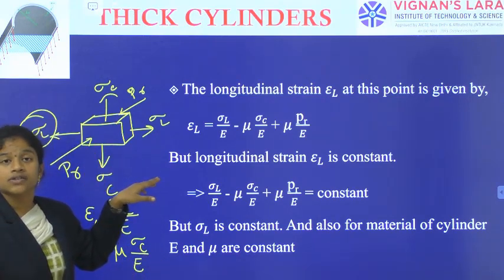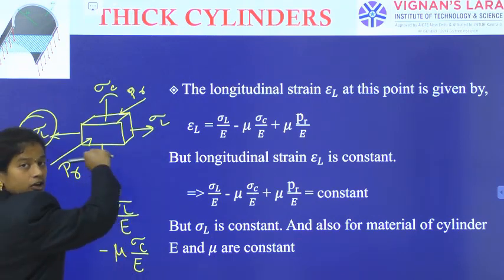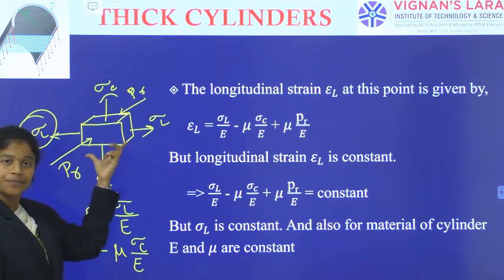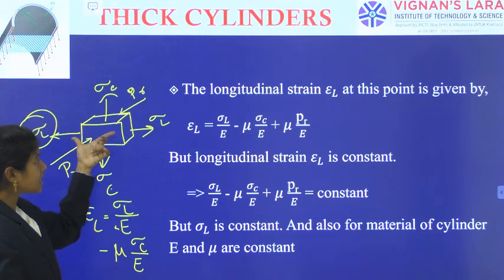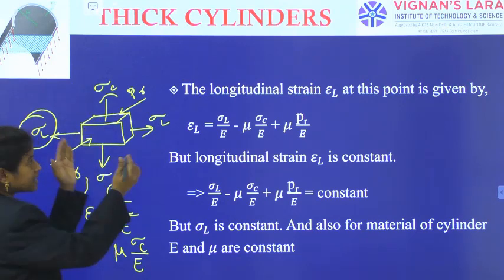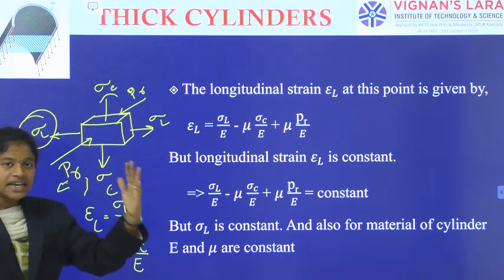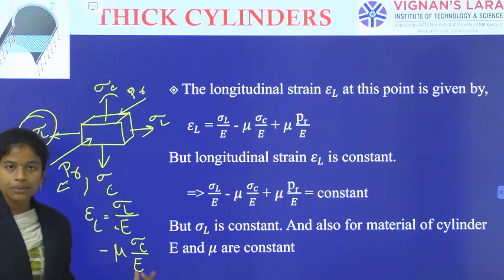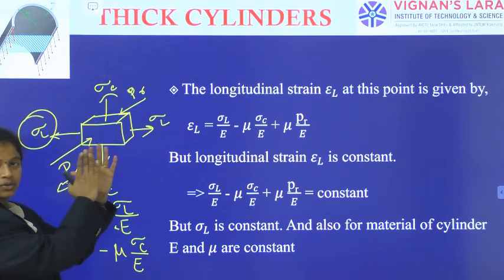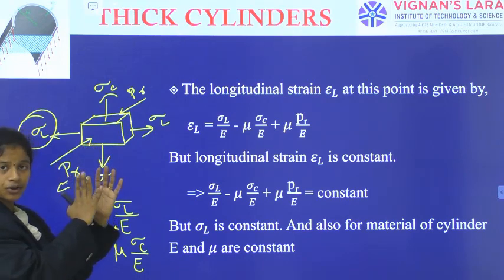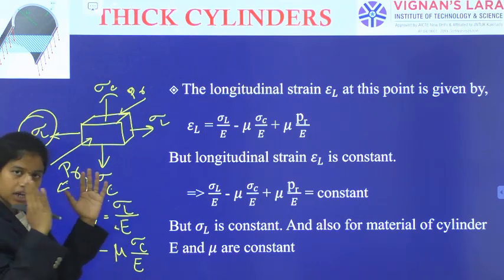One more stress is also acting, but it is causing compression. Why is it mu? As the longitudinal strain is trying to expand, it is helping in a positive way. But as this member is extending like this, it may contract. Due to the stress in this direction, this length is getting reduced. That's why minus came. Again, one more concept is there. This member is causing the body to be compressed. The force itself is causing the body to be compressed. Due to this action, some bulging along the length may occur, right? And not along the body in this direction.